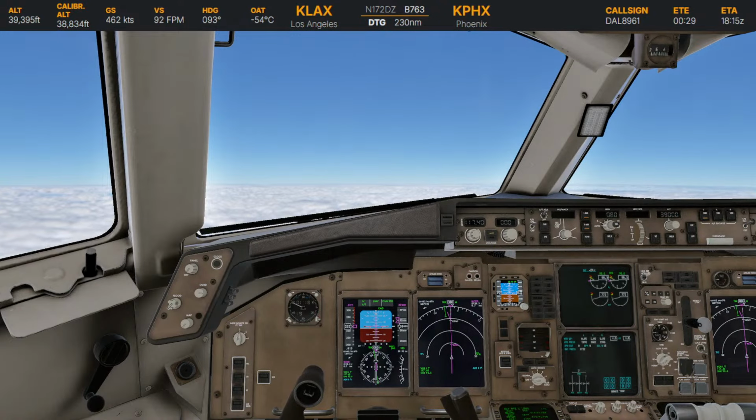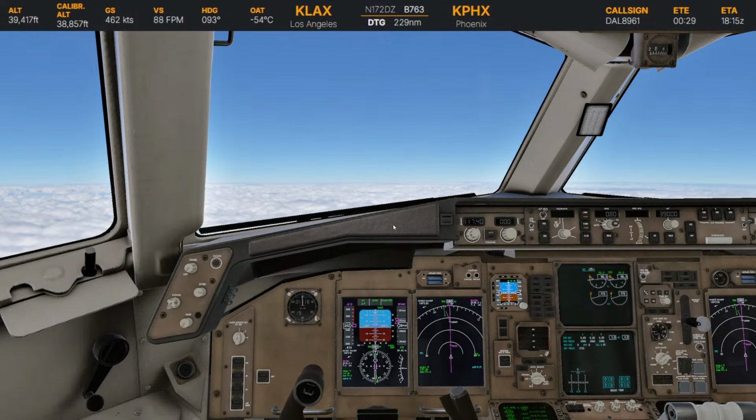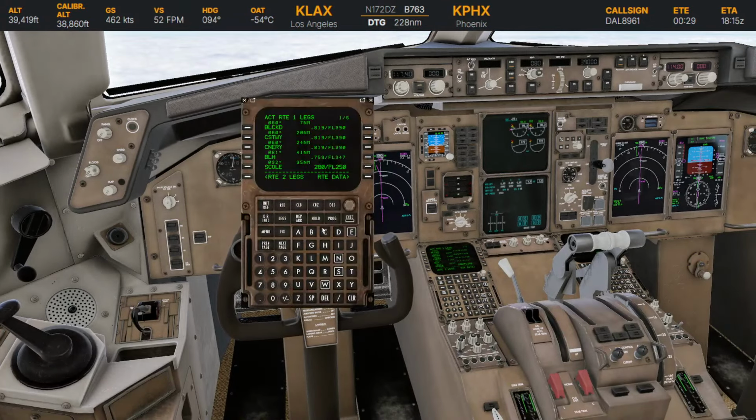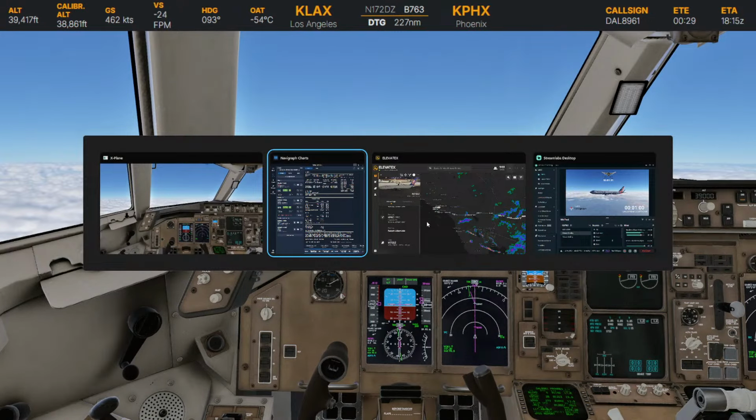I definitely agree there. All right, so we are at almost 39,000 feet, which is our cruise altitude. And if I look here and go to the progress page, it says TD in 76 nautical miles. So very short flight. I love those short flights. And while we're at it,